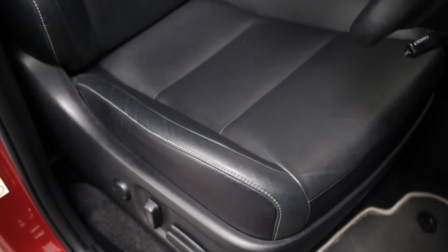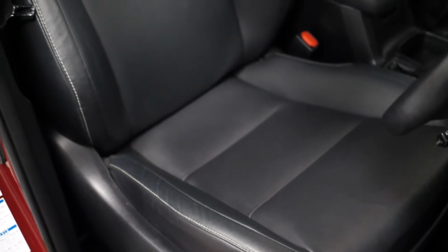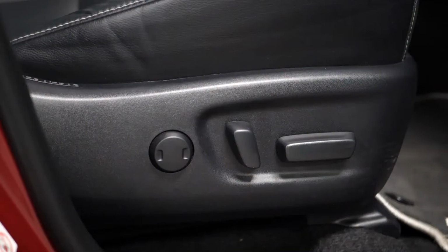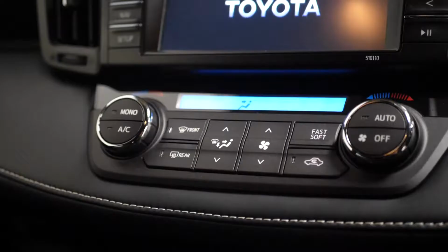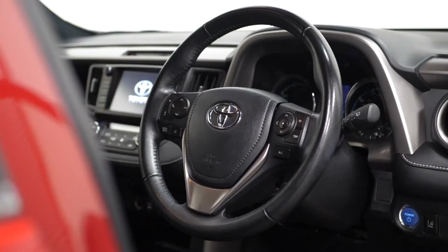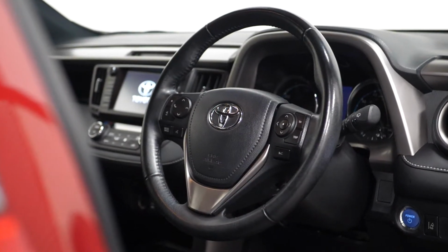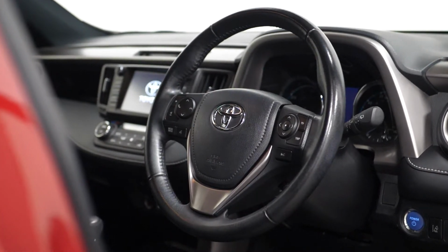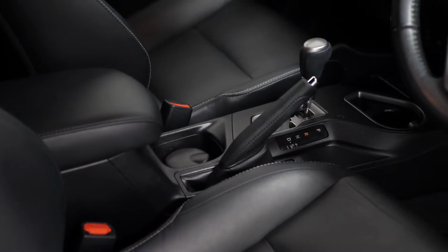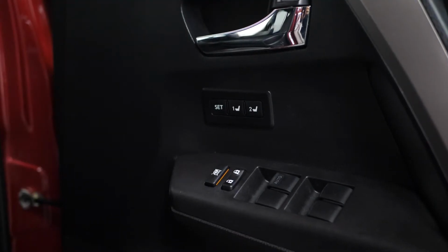Moving into the interior, you can find your leather upholstery, your heated driver's and front passenger seats, the electrically adjustable driver's seat with your memory function and the power lumbar support, the dual zone climate control, your reversing camera and your parking sensors, the 3-spoke leather multi-function steering wheel with cruise control accessible from here, the leather handbrake grip and your gear selector, your Alcantara texture on the lower dashboard, your remote boot release on the cabin and on your